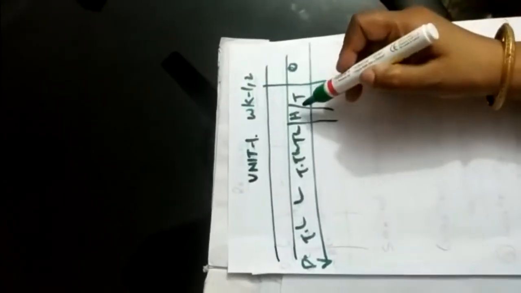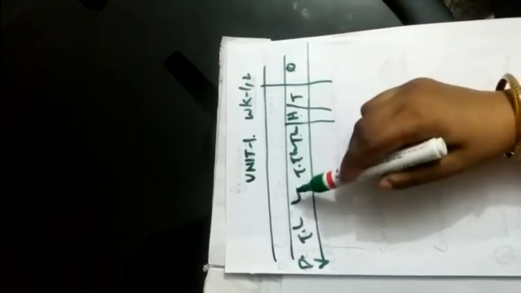Now the second thing is how to read the number. For example, 382910. In order to read it, firstly we have to insert the commas according to the place value chart. Here you see, children, the place values: ones, tens, hundreds, thousands, ten thousands, lakh, 10 lakh. The period for ones, tens, hundreds is ones; for thousands and ten thousands, the period is thousands; and for lakh and 10 lakh, the period is lakhs.